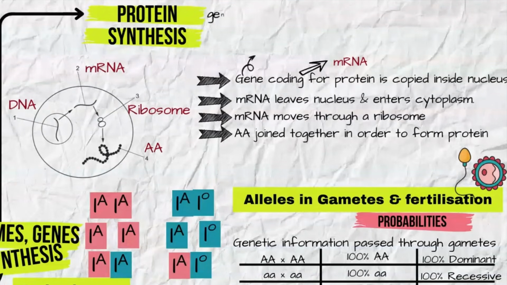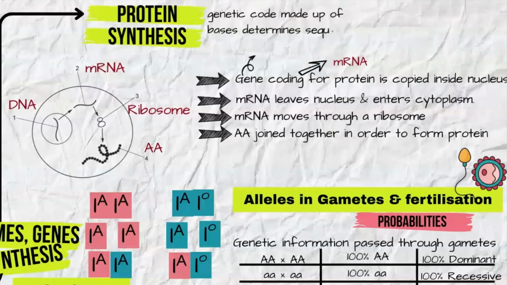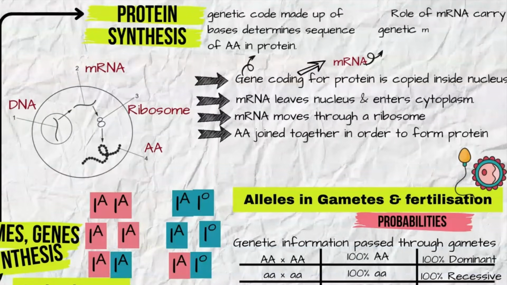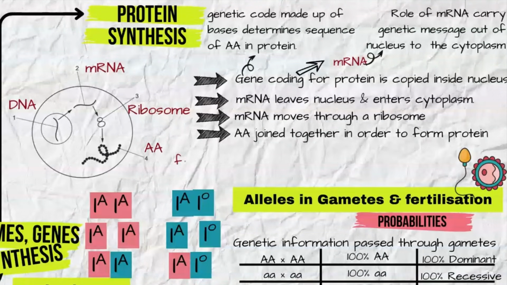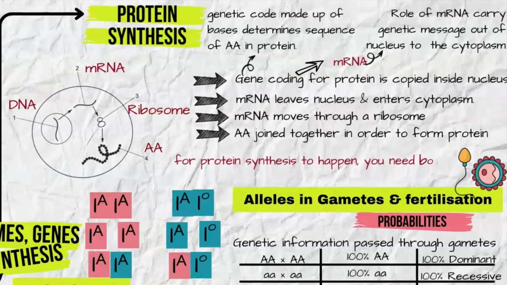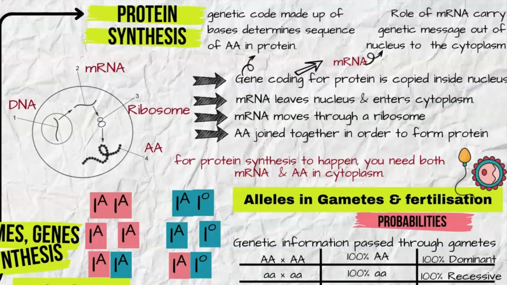So, the genetic code in DNA, made up of the bases A, T, C, and G, determines the sequence of amino acids in the final protein. The role of mRNA is to carry this genetic message out of the nucleus and into the cytoplasm, where the protein is built. And finally, for protein synthesis to happen, you need both mRNA and amino acids in the cytoplasm. This is a key topic and may appear in MCQs or short-structured questions, so be confident with the sequence and